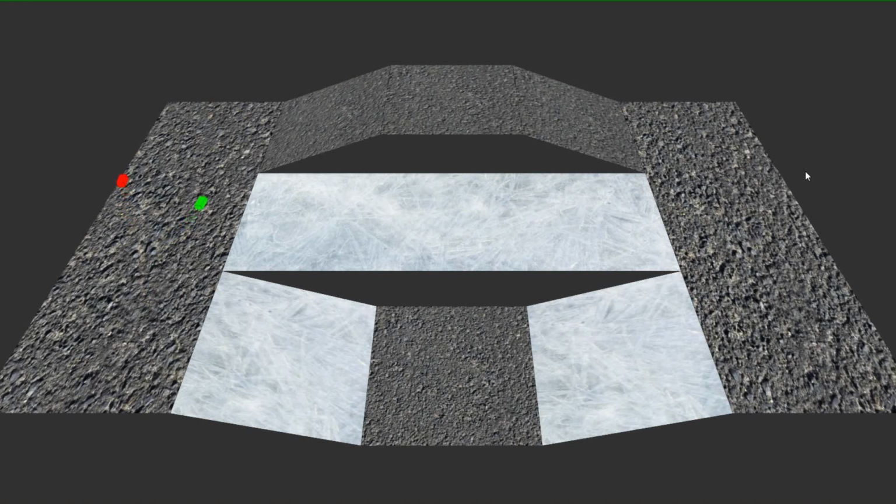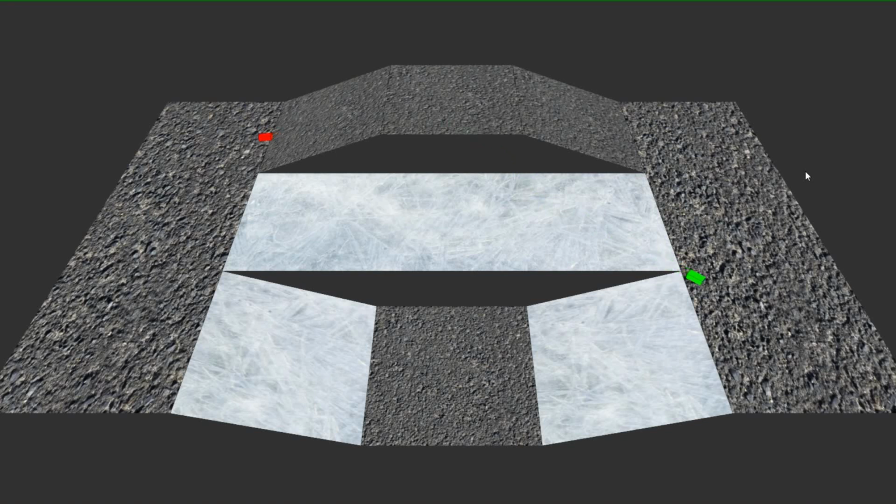The engine interacts with Bullet Physics in order to make ice a lot more slippery than gravel by lowering its coefficient of friction. The game logic for the car does a similar thing. If the car is drifting sideways, it increases the coefficient of friction the more perpendicular its movement is to its actual direction. Similarly, the game logic uses Bullet Physics in order to tell when the cars have collided, and then